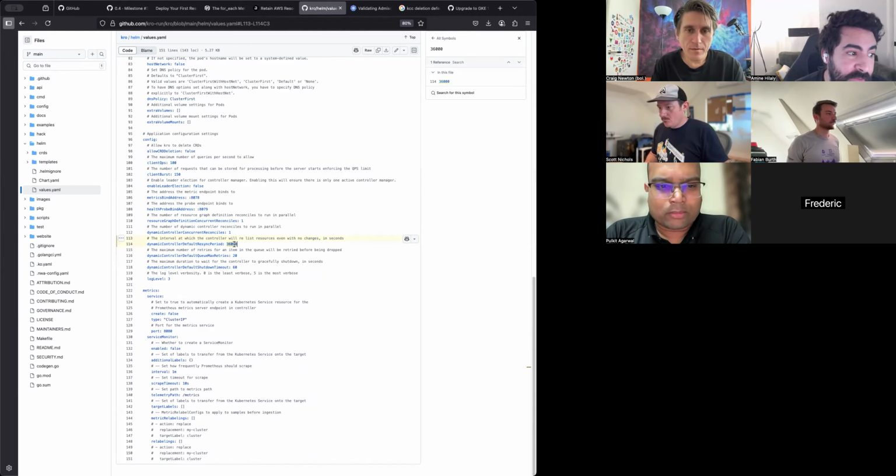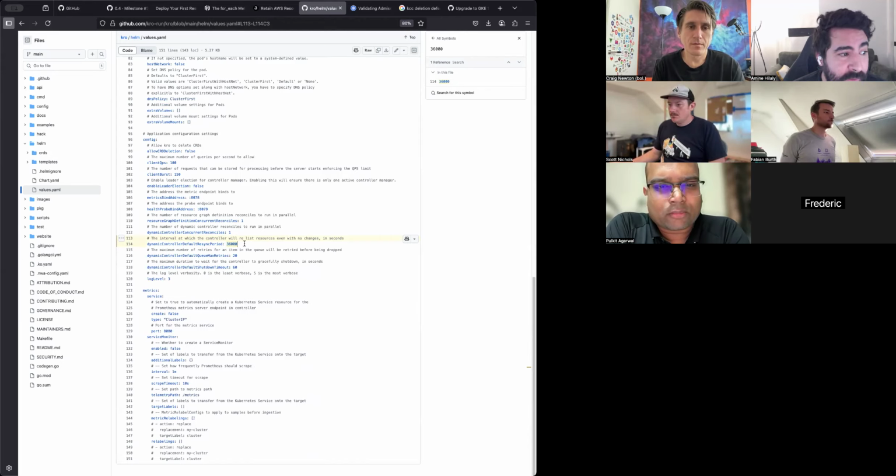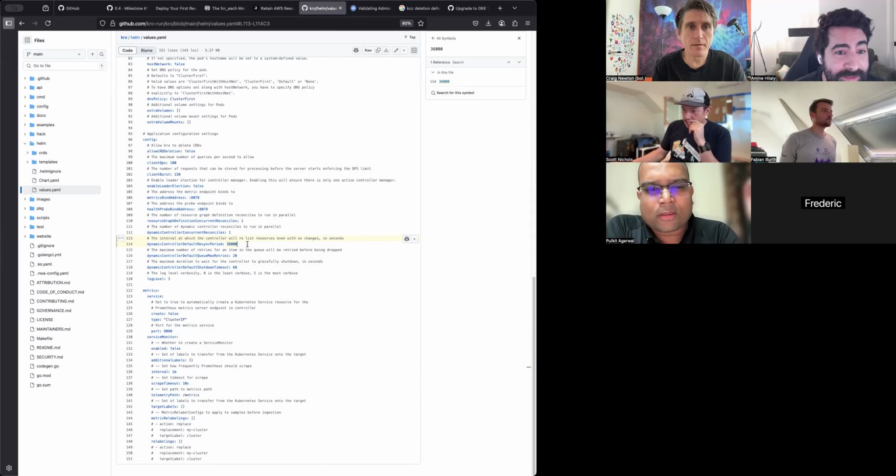The thing is that if you modify this value, and someone correct me if I'm wrong, if you modify the flags of a deployment, the pod is restarted. I think it's one of the fields that require a pod restart. So if you change this value to 10 seconds and it's not working as a 10 second reconciler, then we have a bug for sure.